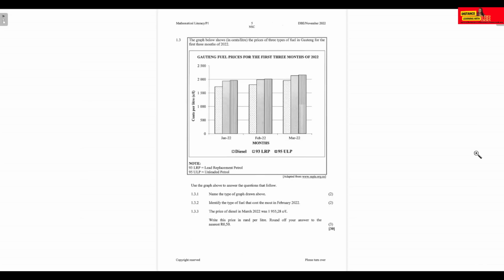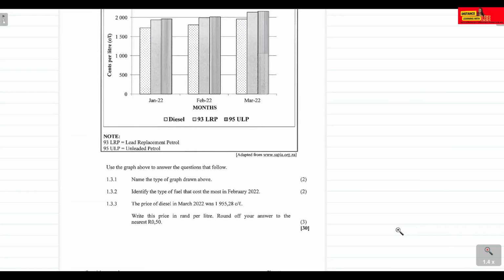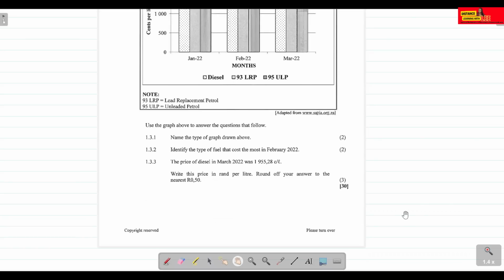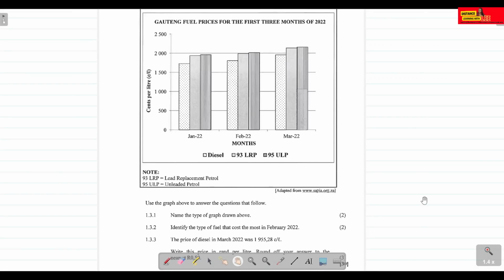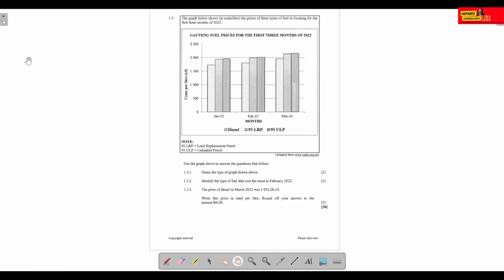We are given a stacked bar graph, and we're going to be using the stacked bar graph to help us answer the questions that are given to us. We're also going to be converting cents per liter to rands per liter, as well as rounding off. So those are the concepts that are being assessed or tested in the first